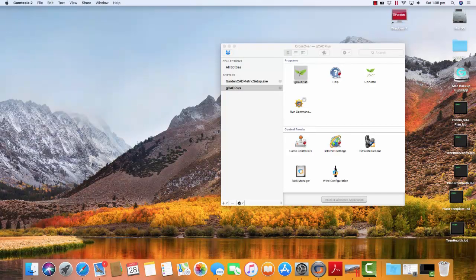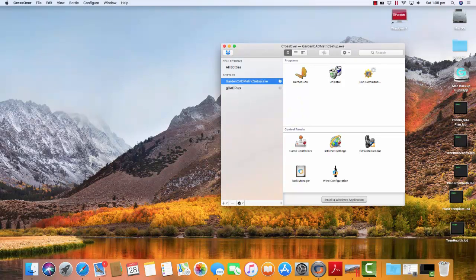So gCADPlus installs into a bottle, in a Crossover bottle, and you can see here I have two of them. An earlier version of gCADPlus was called GardenCAD, and now GardenCADPlus is our current software. So you can see I have two bottles here. What I want to show you is that even though that was a good installation of gCADPlus, not causing